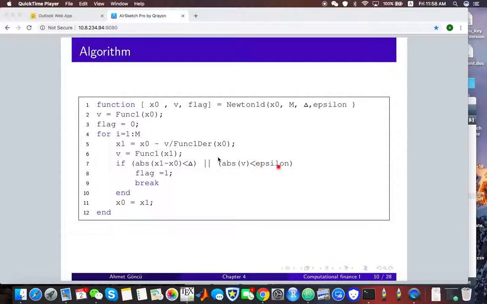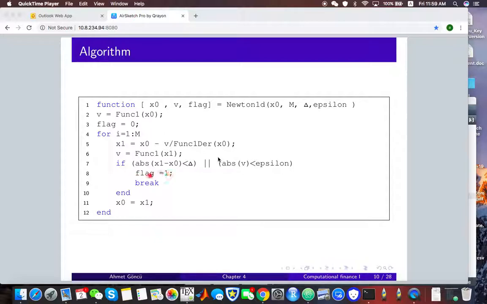The second alternative is if your function value evaluated at the new point x1 is already very close to 0, which means you have almost found the exact root of this problem. So if your function's value is within this epsilon neighborhood, you can stop the